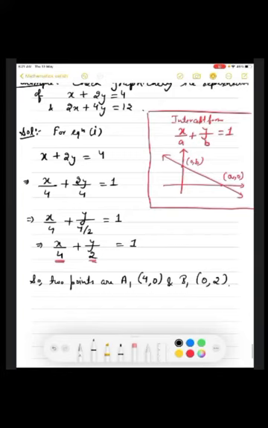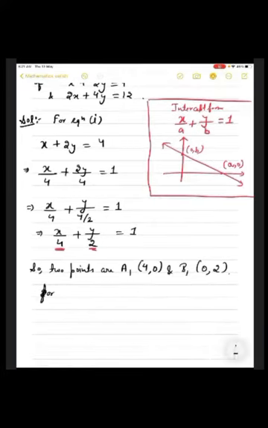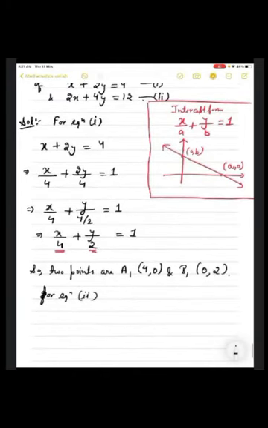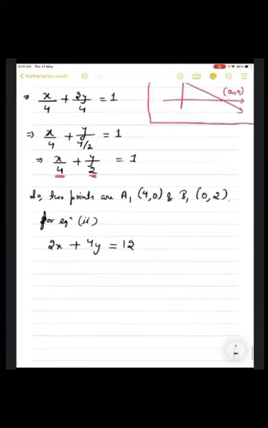So another is for equation 2. So this is our first equation, this is our second equation. So you have named them. So for the second equation, I'll be taking 2x plus 4y equals to 12. Tell me क्या होगा यहाँ से? 2x के डिनोमिनेटर में कौन? 12. 4y के डिनोमिनेटर में कौन आएगा जल्दी बताइए? 12 again, very good. अब इसे रिड्यूस करके बताइए x के डिनोमिनेटर में क्या आएगा?